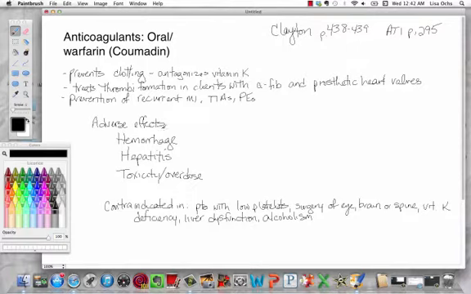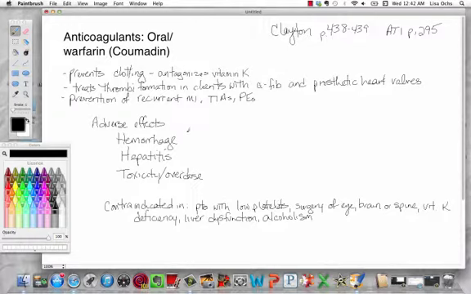So the adverse effects are similar to that of heparin. Hemorrhage, obviously, increased heart rate, decreased blood pressure, bruising, bleeding gums, petechiae, bruises, hematomas, black tarry stools, all signs of